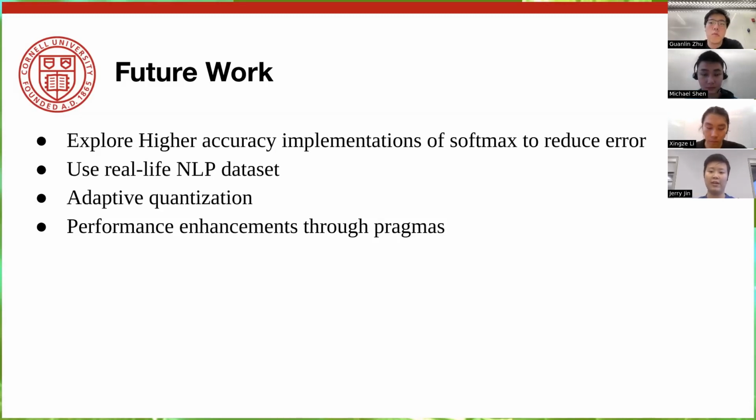This also leads to another area that we can look into, which is to use a real-life NLP dataset. Right now, we're just generating our dataset randomly with a normal distribution, but the data used in NLP applications may be drastically different. So being able to test our implementation on real-life data would be really meaningful. Another area that we can improve on is to use adaptive quantization, where the NLP program can switch between precision levels based on input data characteristics, so we can achieve speedup when necessary and preserve precision when we need. Lastly, we can also use pragmas such as unroll and pipeline to exploit memory access patterns